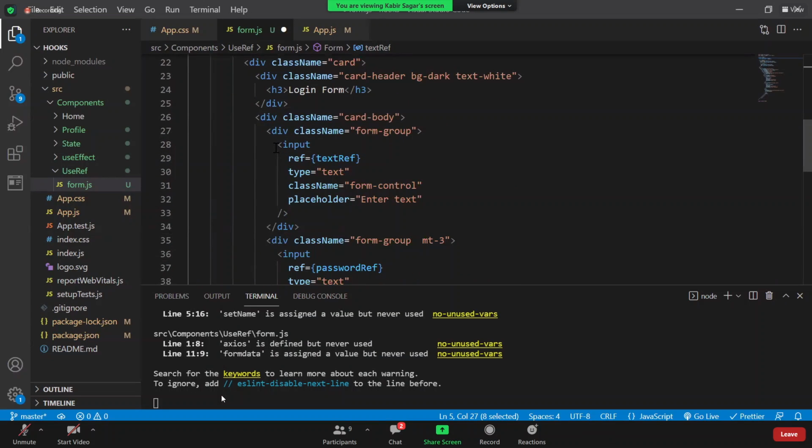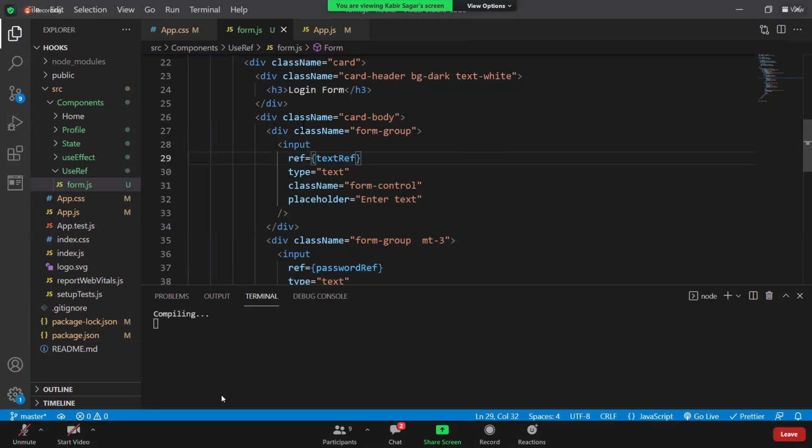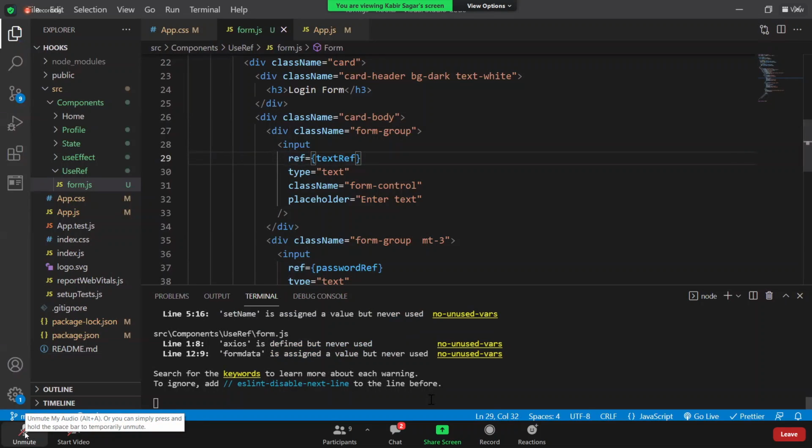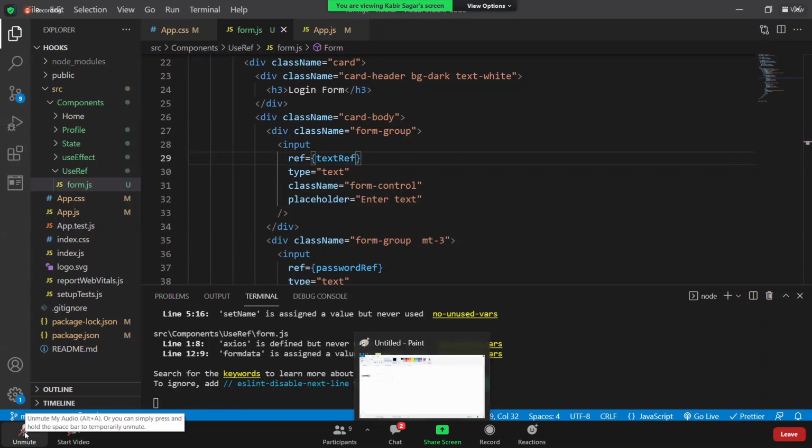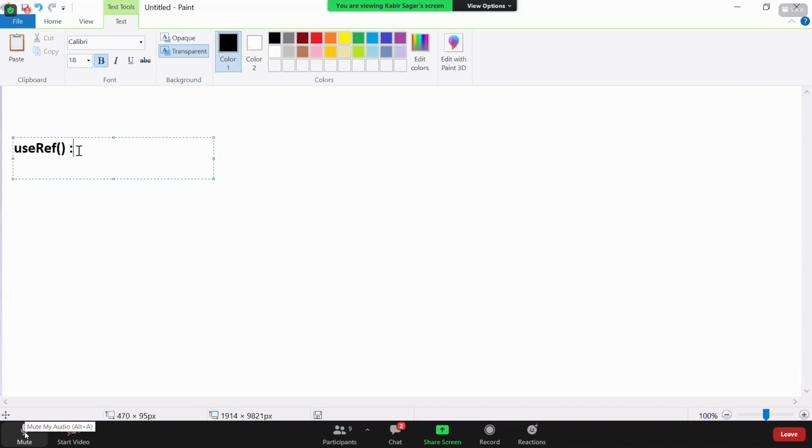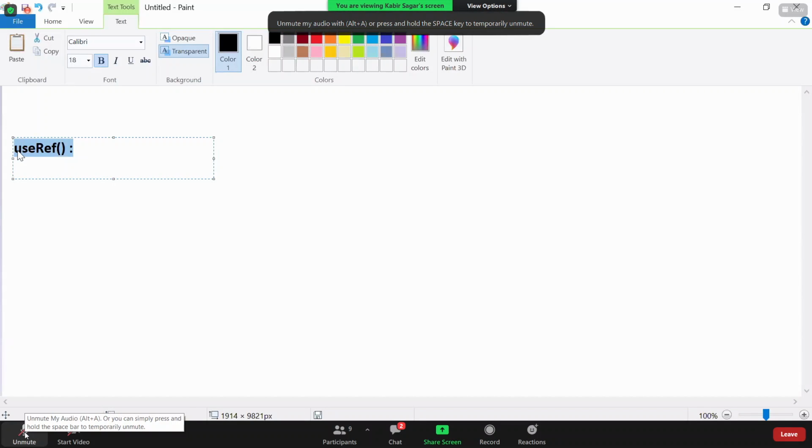You can attach to anything: a radio button, checkbox, password, text, and even a button. Just using the ref keyword. You just have to remember to use the ref keyword. Got it? Any doubts in this? So this is a very simple concept, useRef.